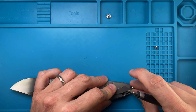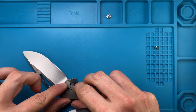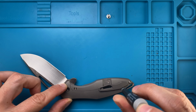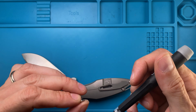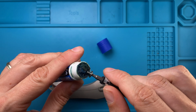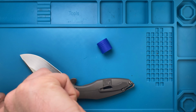Take your T8 bit, and handle screw is in. This guy you can do like that. Handle screw is in here. That's done. And pivot as well, just like so. Use some of this nice blue Loctite to coat the thread, and boom,